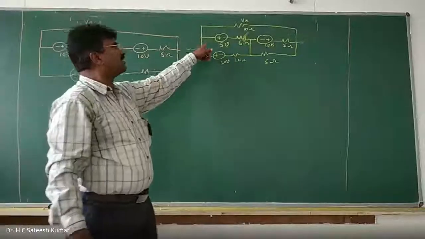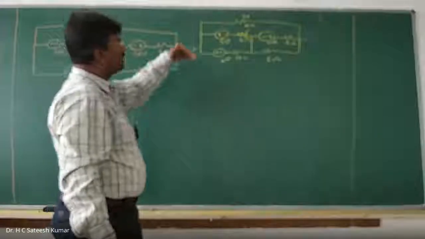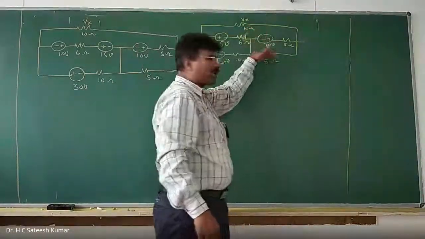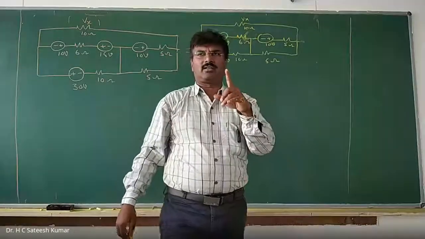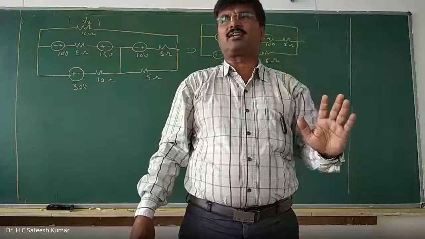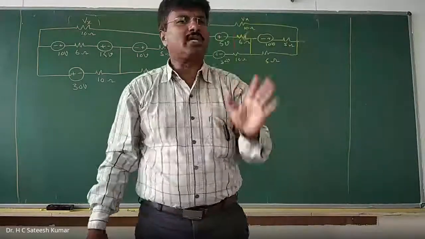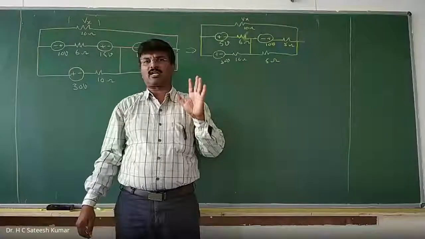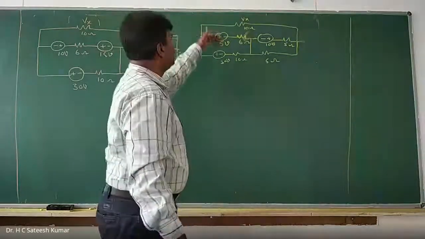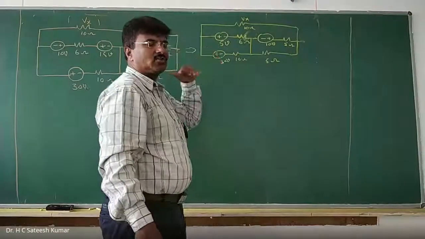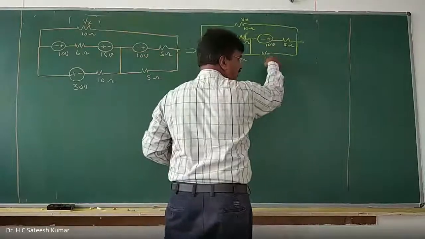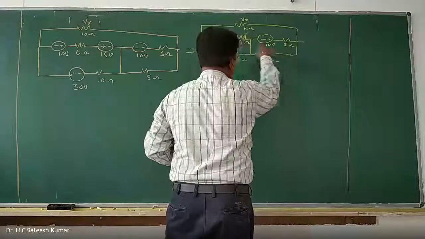Now I have reduced this part. Next, these two have a common point, therefore these two are in a parallel circuit. This also is a parallel circuit. As I said earlier, what is the basic principle you should adopt? If you want to simplify a series connection, convert all the sources into voltage sources. If you want to simplify parallel connections, all the sources should be converted into current sources. Now, these two are voltage sources in a parallel connection. Therefore, I should convert them into current sources. This is also a parallel circuit, so convert this also into a current source, all of them simultaneously.